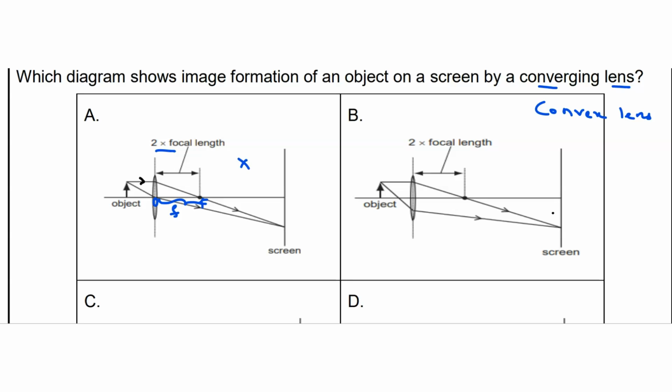And let's see the second option, B. The first thing is a ray parallel to the principal axis, which after refraction again passes through the principal focus. Here also they have given twice the focal length. So this is not the correct one. And also, a ray that is passing through the principal focus has to emerge parallel to the principal axis. They have not followed that rule either. So this option is also not correct.